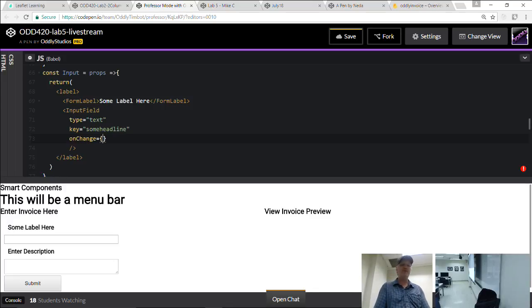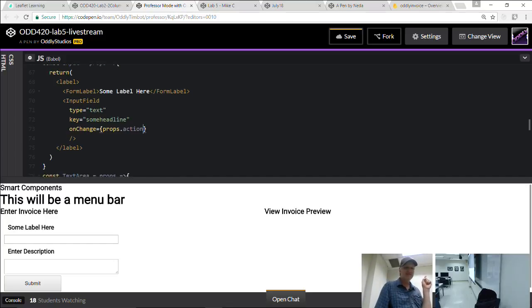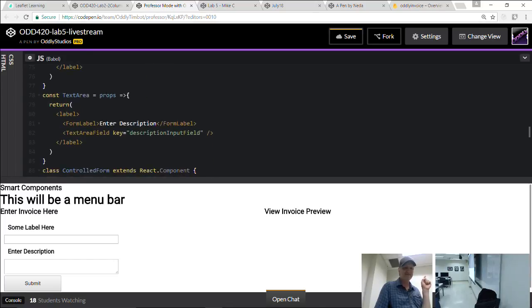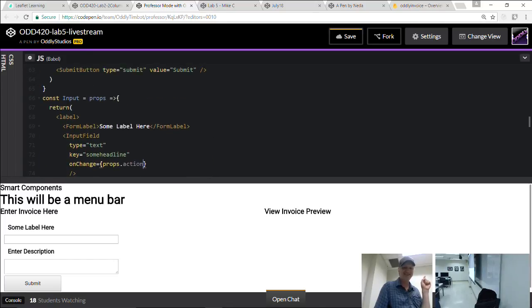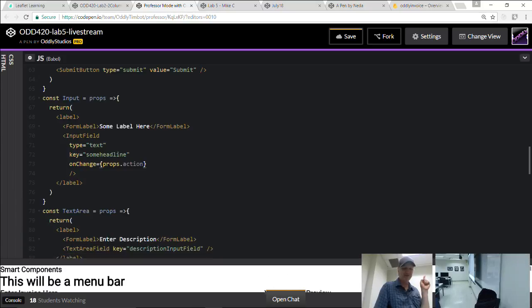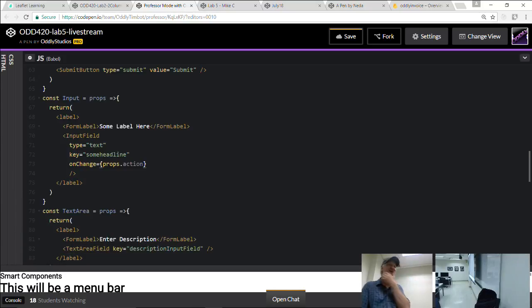And here's where the props come in. props.action. Do you remember where we're getting action from? Our controlled form gave a prop called action to its child.